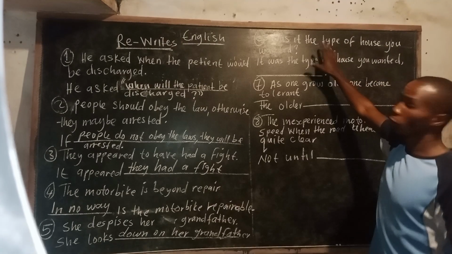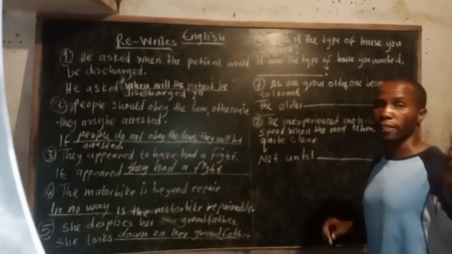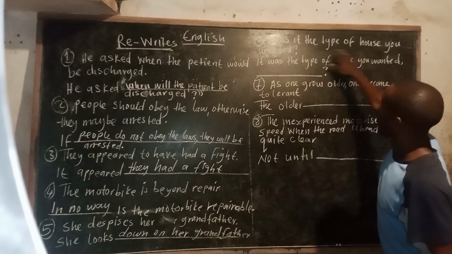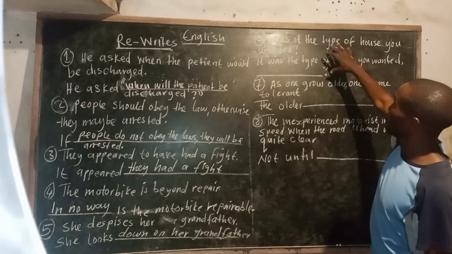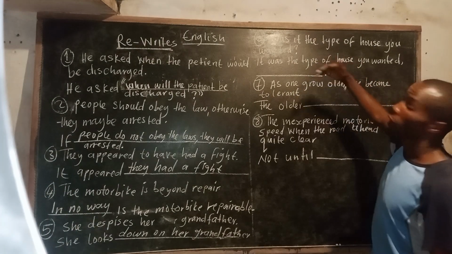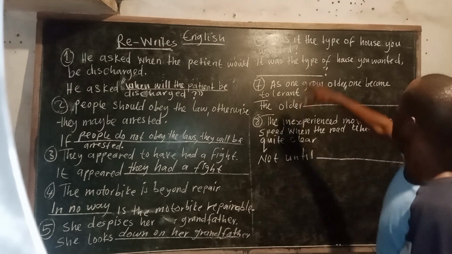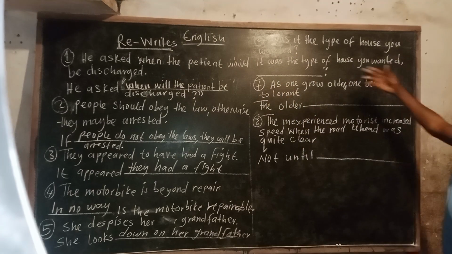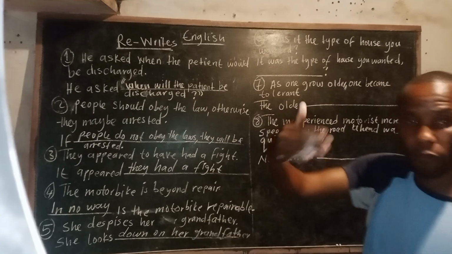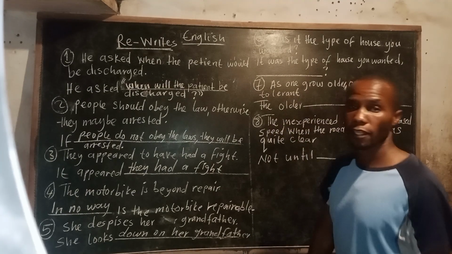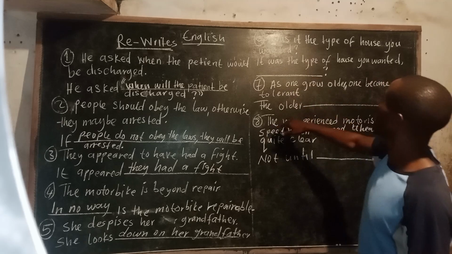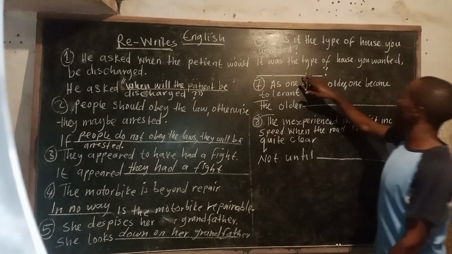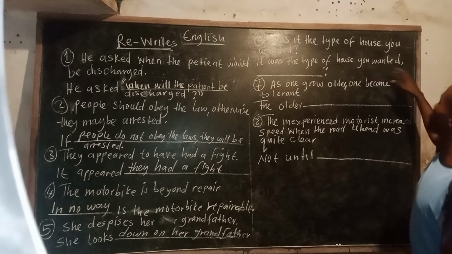Okay, we go to the next question. I'm sure here you are unable to see because of the reflection from the light, but I'll make you know the sentences that are here. There are 2 of them. So I'm going to read. Can you pay attention? Question number 6 says, was it the type of house you wanted? That was a question. There is even a question mark. Then rewrite. They have started for you. It was the type of house you wanted,